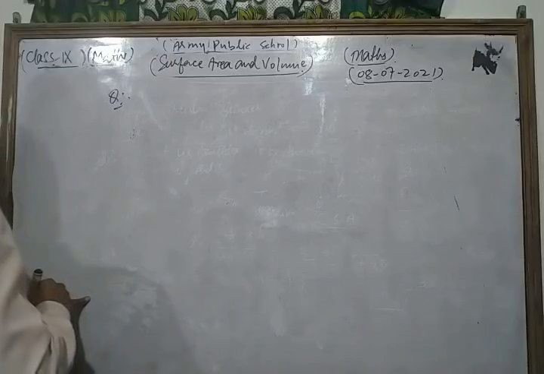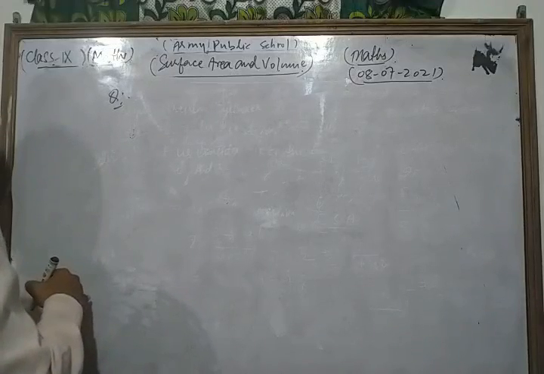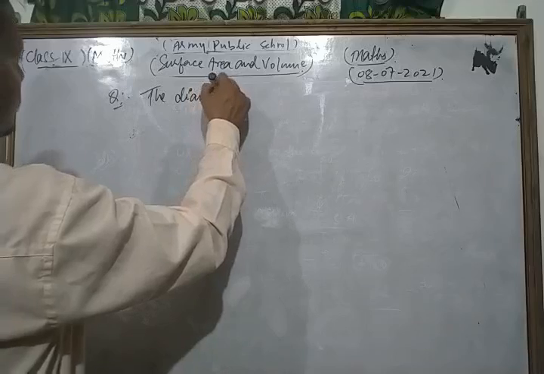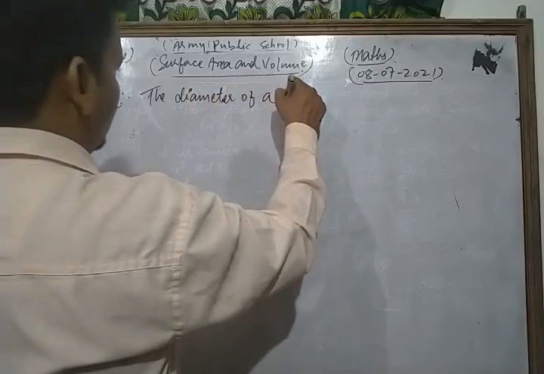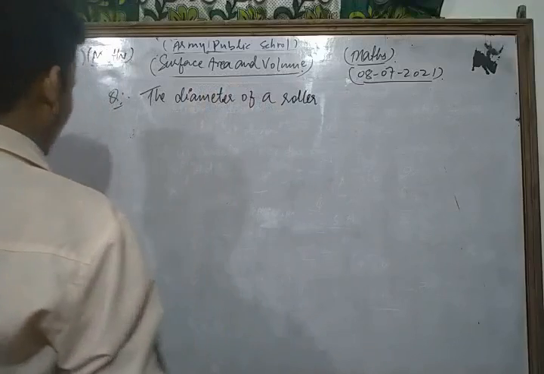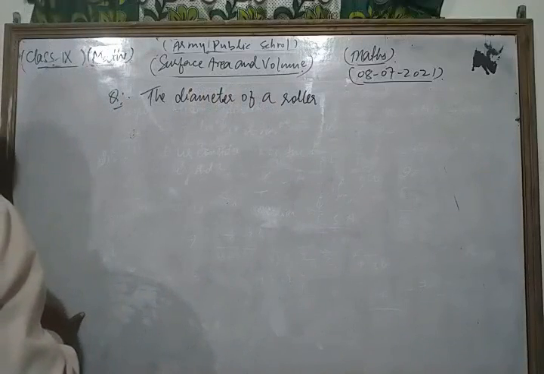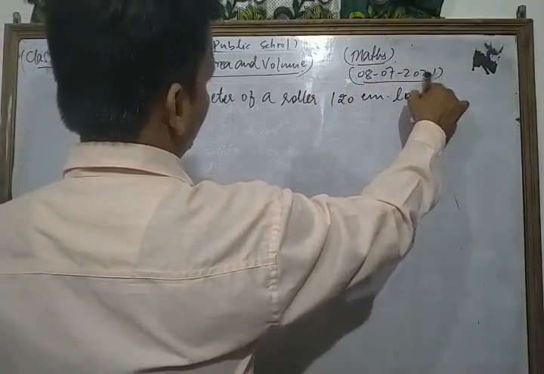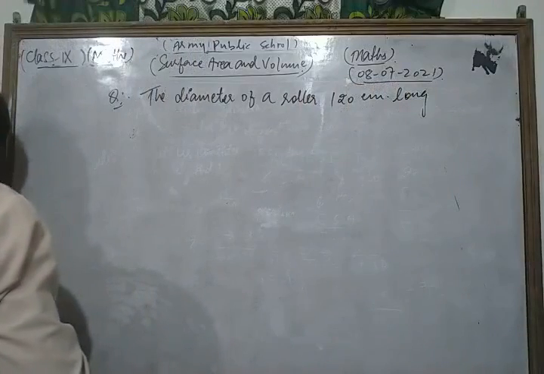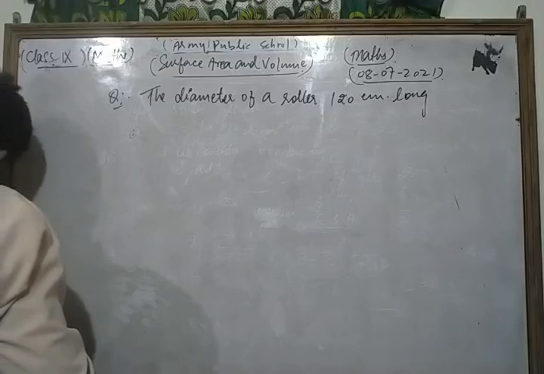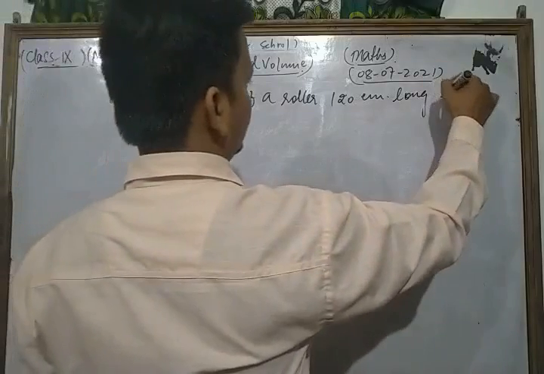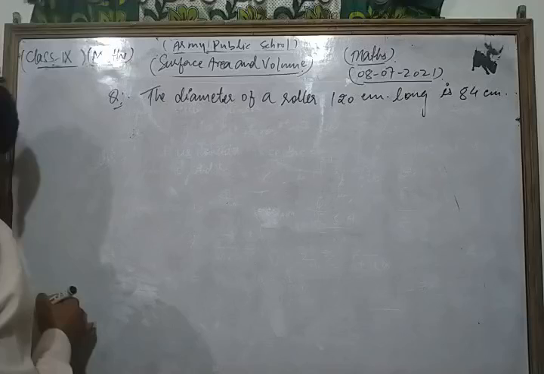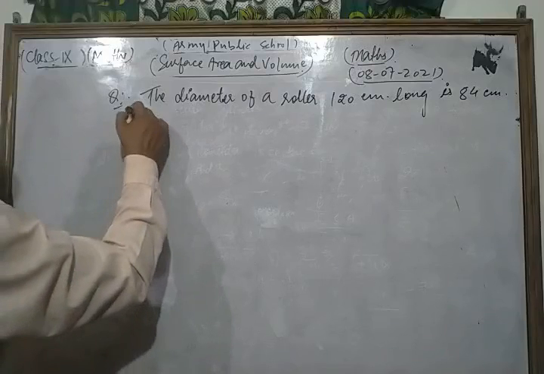The question is: the diameter of a roller, 120 centimeter long, is 84 centimeter. If it takes